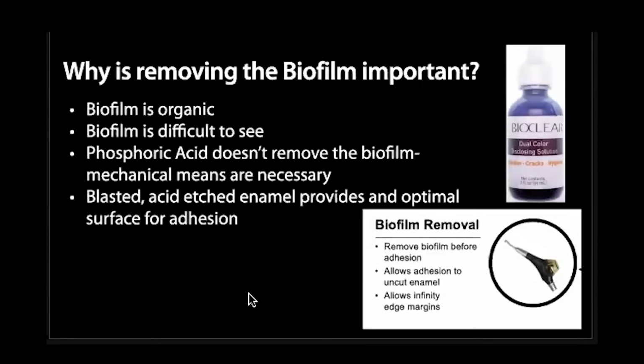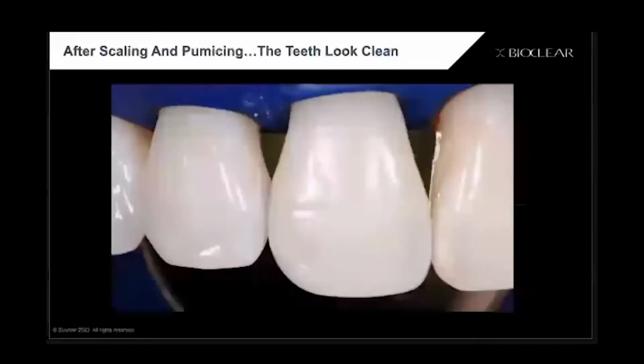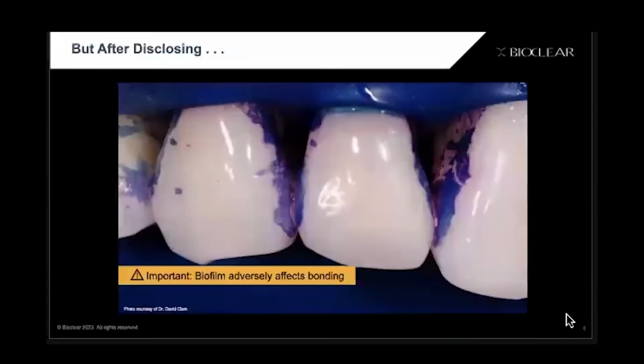You can also use a diamond burr. But it's important, this disclosing solution that's up here on the upper right side of the screen, this is their brand, but you can use any disclosing solution that you've got in your hygiene department. And this, for example, is a picture after the teeth have been scaled and pumiced, and they look clean visually, but when you put the disclosing solution on, you can see that there's still a lot of biofilm on the